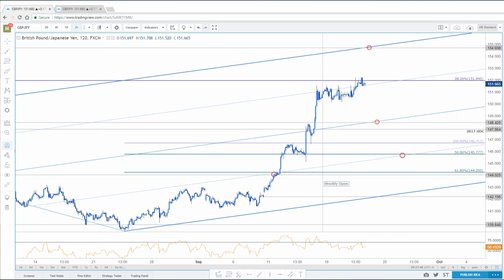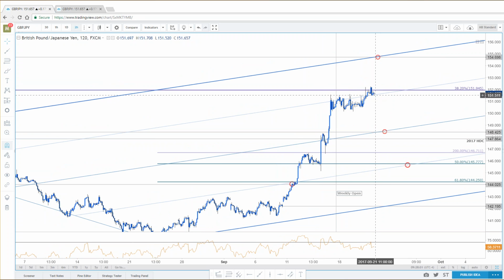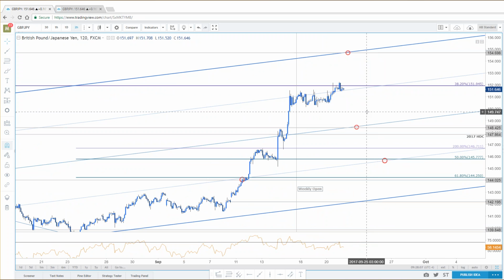Rafa, does that help on pound yen? He says too early to enter long. I think it's too late to enter long. I think that's what you meant. At this point, you need to wait for a little bit more of a pullback before you can start to think about a fresh long position from here. Rafa says, got it. All right. Okay, any other questions, guys?